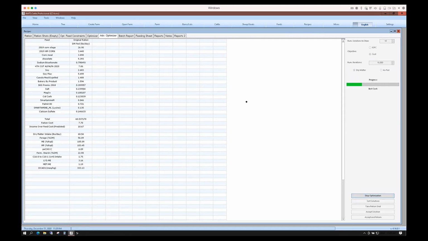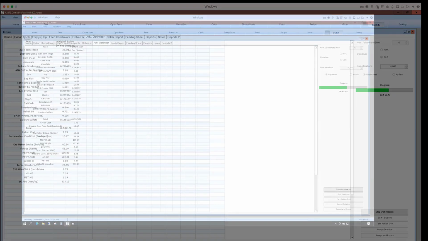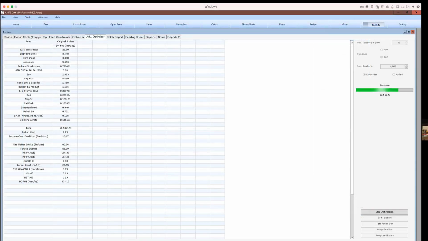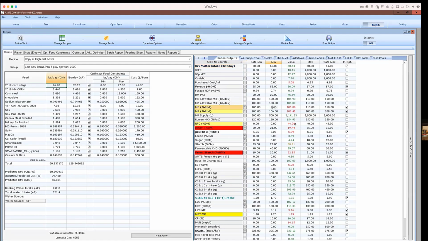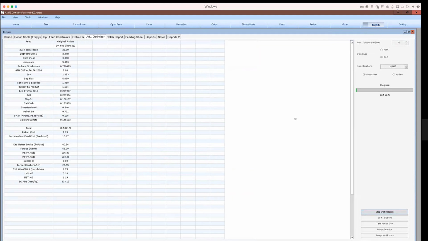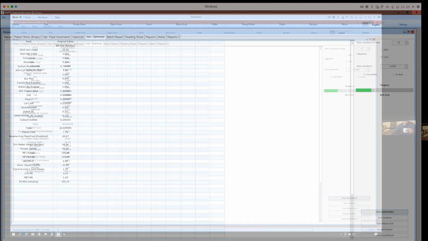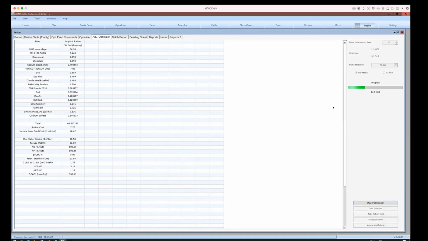After Tom went back to the outputs and changed the forage NDF as a percent of body weight to forage as a percent of dry matter intake, and set his safe min and safe max values for that constraint, we ran the Advanced Optimizer again. It took almost 2 minutes, so I sped that part of the video up. When we got solutions, again the optimizer was not able to generate diets that met the constraints and so offered the solutions that most met the criteria, with a note of what constraints were not met.